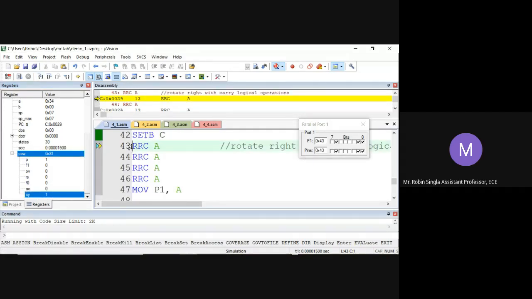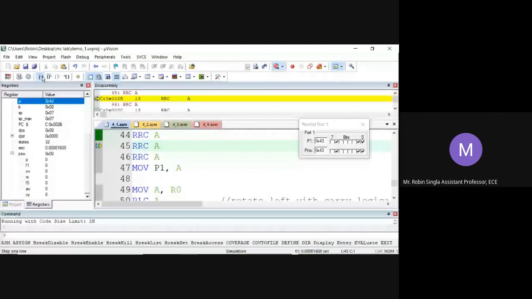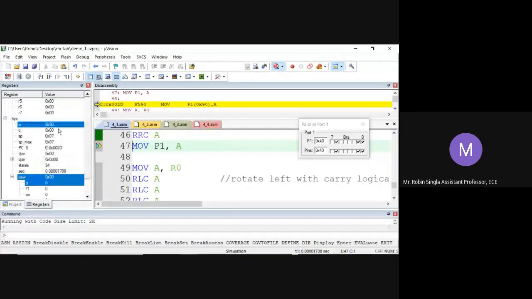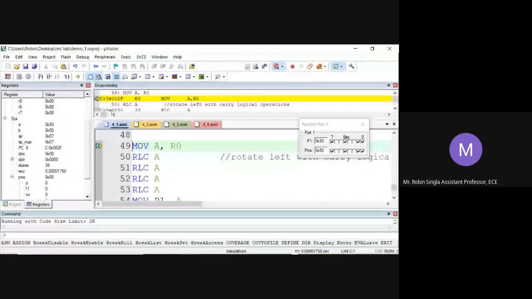Now the same 4 rotations we do through carry. Okay. After 4 rotations, A is 93, and we'll move 93 to port 1. Okay.